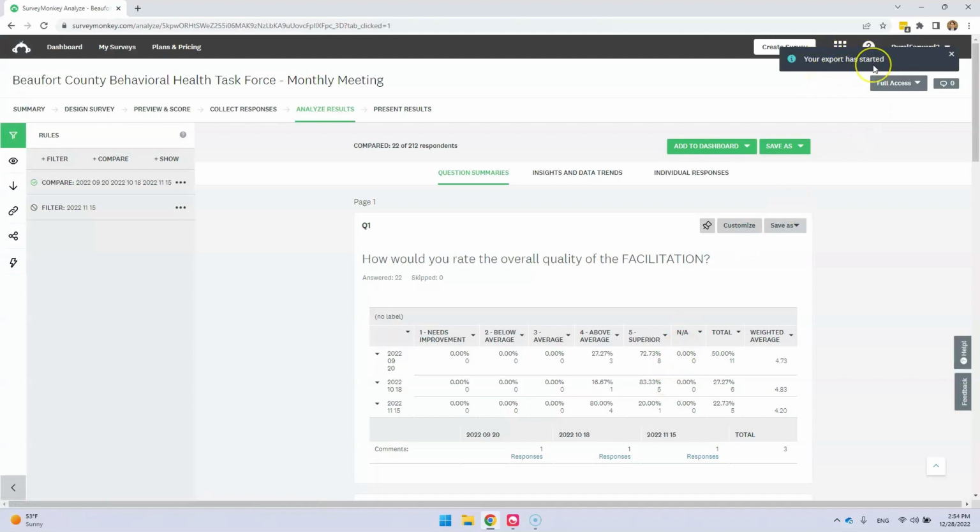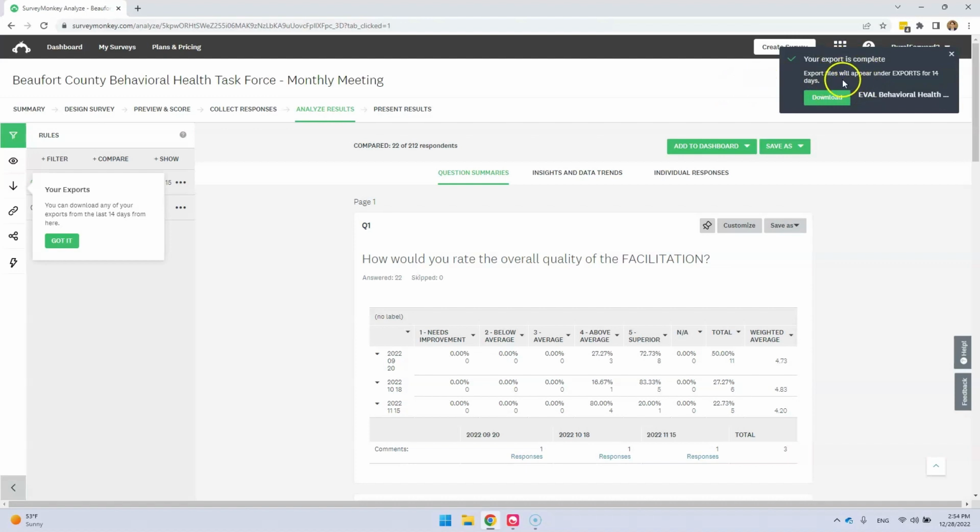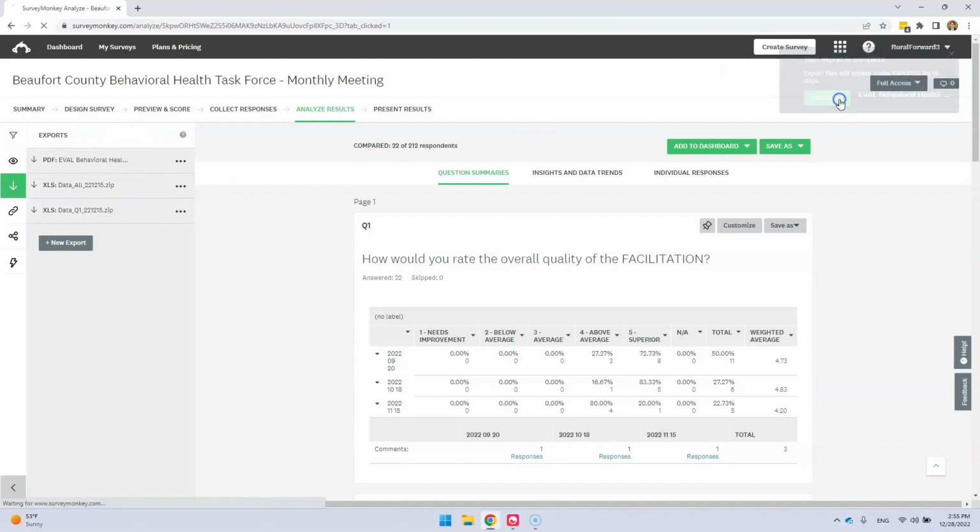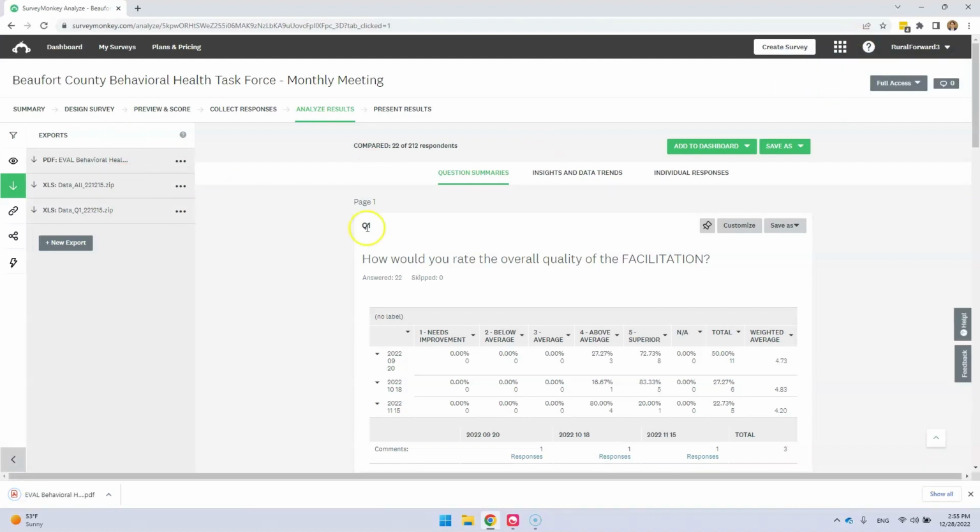You'll see your export has started. And once it's complete, it shouldn't take terribly long because it's not that big of a data set. It'll say your export is complete, and you can click download. And it lets you know that all of your exports remain here for 2 weeks in case you need to grab them again. But I'm going to click download. And when I open that,